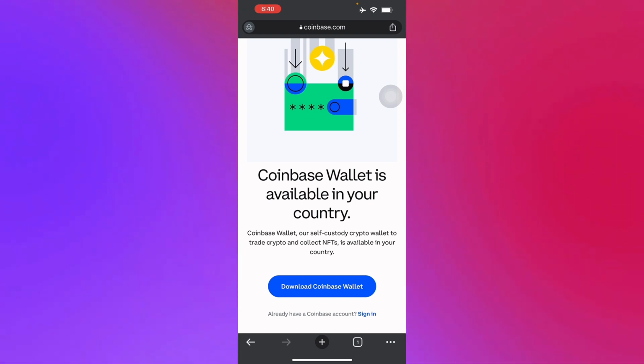And lastly, you have to verify your identity, where this is very crucial for all types of cryptocurrency platforms. So after verifying your identity, you can link a payment method such as your MasterCard or Visa, bank, debit, or whatsoever. So there you go guys, that's how you create a Coinbase account on your phone, and thank you for